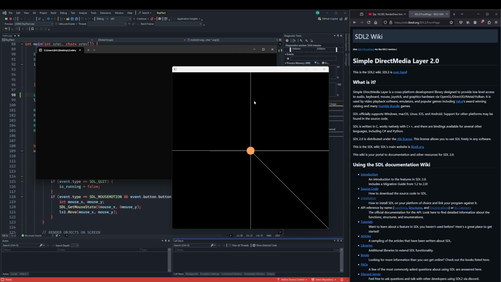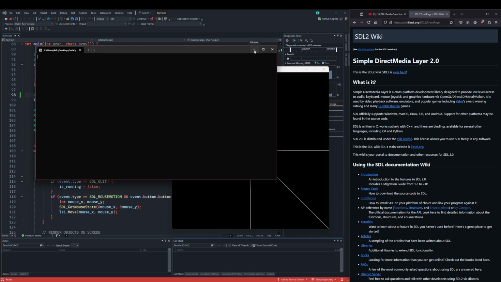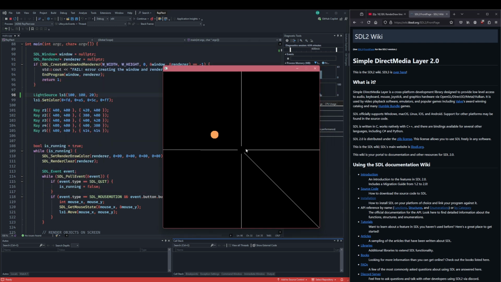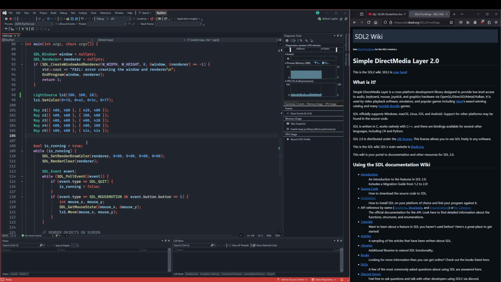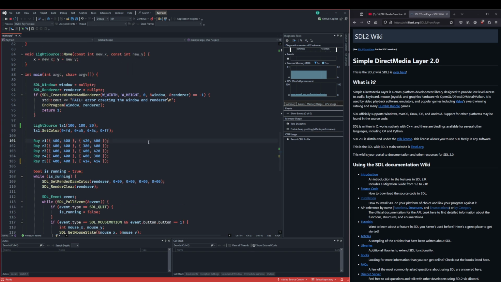Okay, so let's continue what we were doing. So here I just changed the size of the disk, the light source, and I also just changed the position of the rays here. But otherwise, I haven't changed anything in the code. So now the plan here will be to first add a